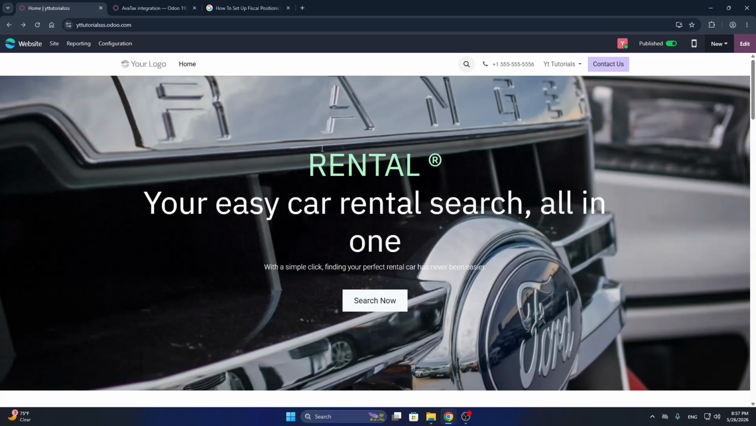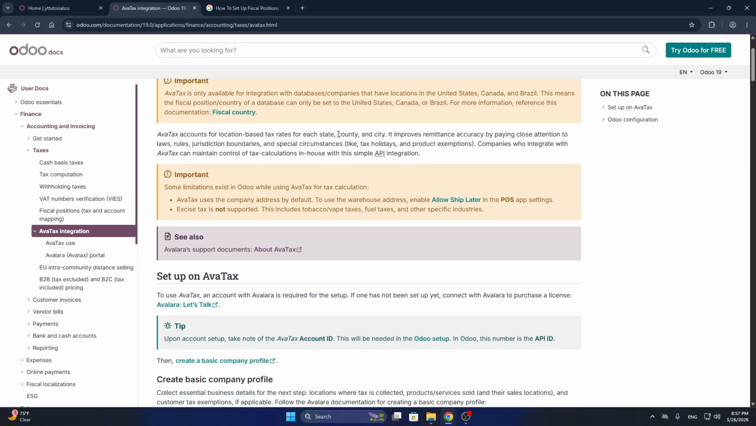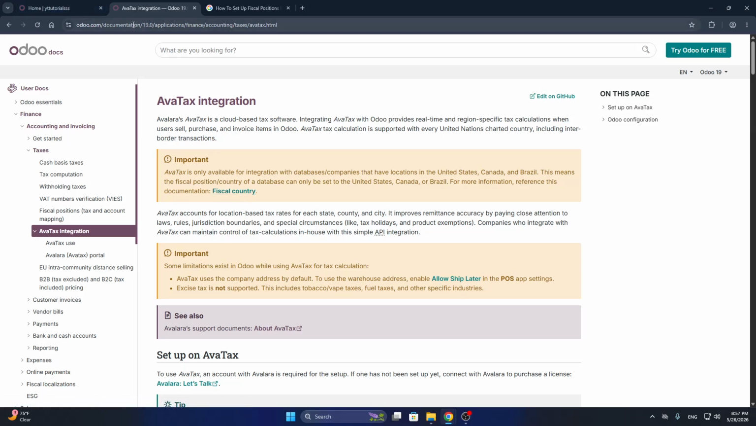So after logging in, this is the main page, and now we can get started following this documentation page right here on the official odoo.com website on AvaTax integration. So this is Avalara's AvaTax, which is a cloud-based tax software that you can integrate into your website. So how to get started setting it up? What you want to do is go to the official documentation page right here and open up AvaTax integration to